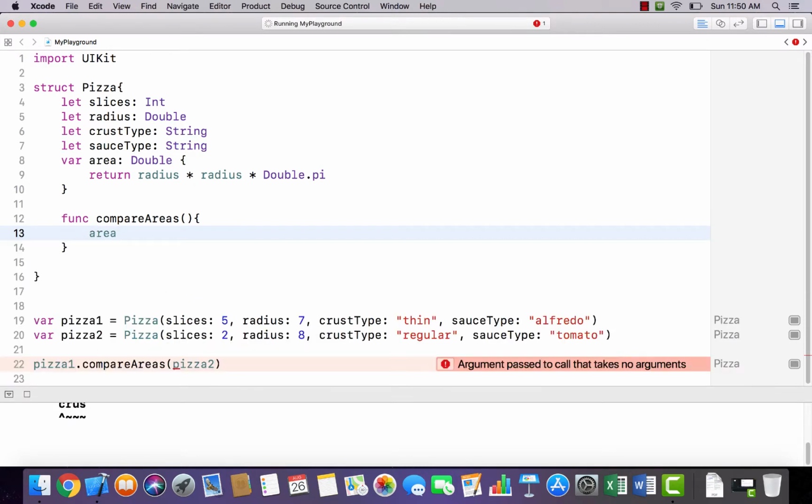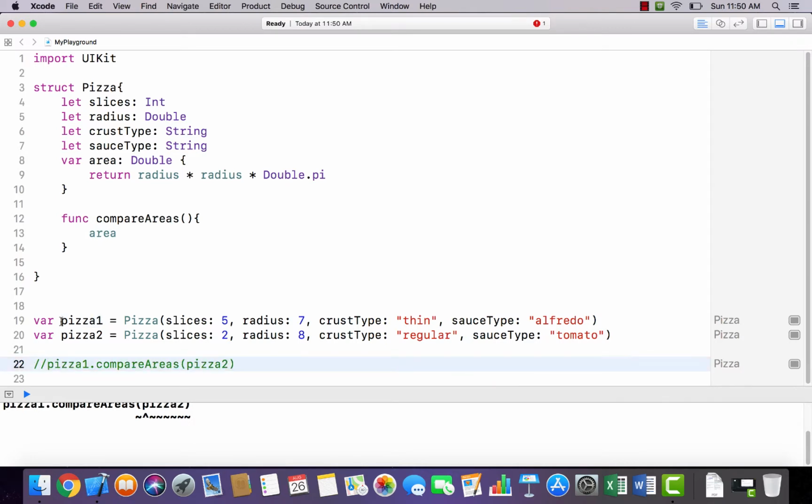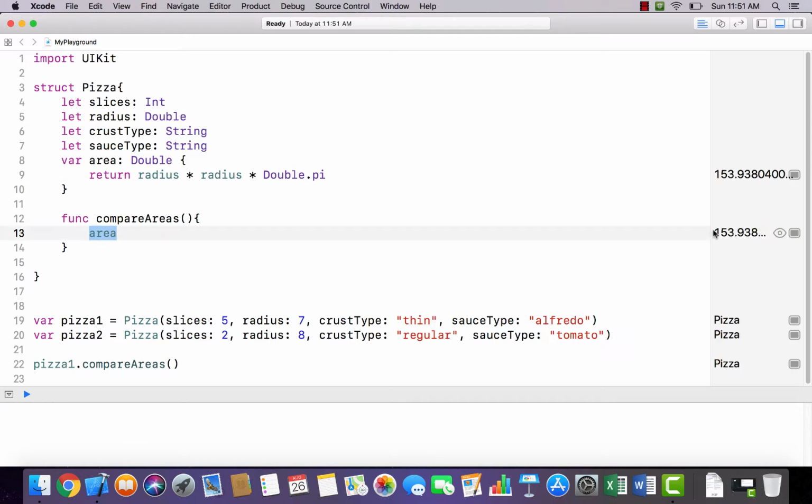And that's going to give us our area. Let me delete that to get rid of the error message. And then we'll see the area value over here that we get returned. Give it a second, and there we go,